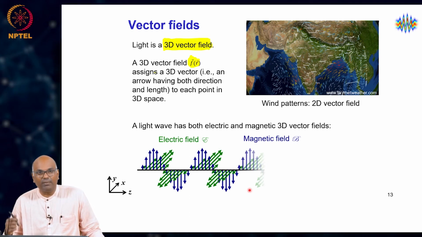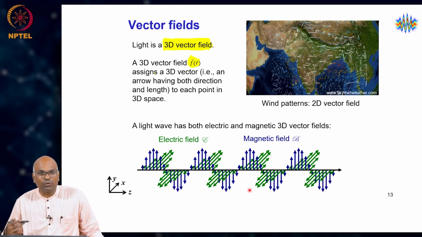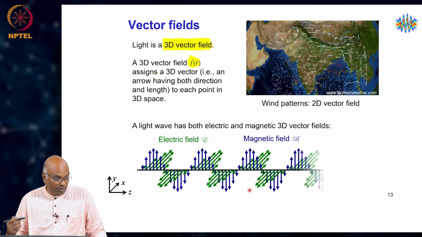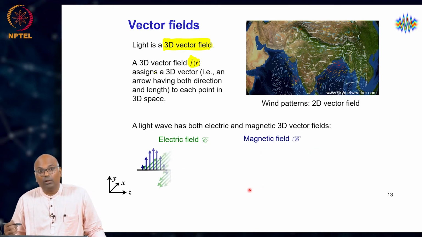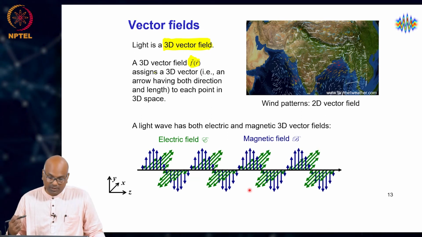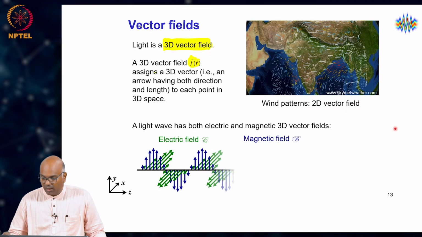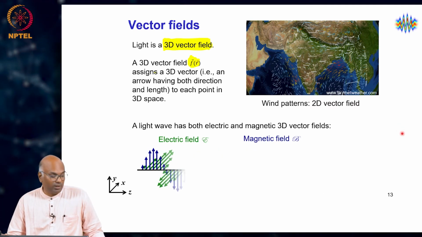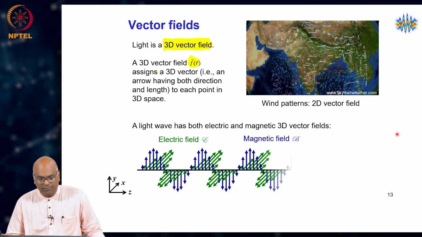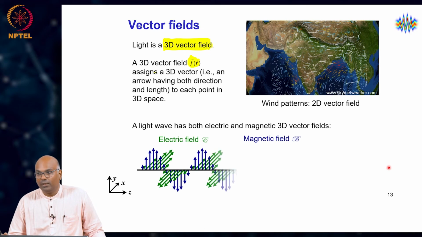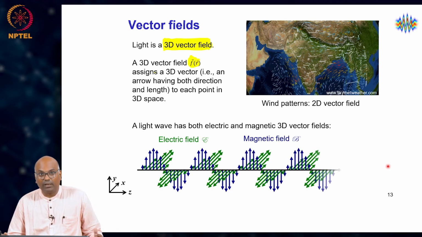So, I am stating some of these properties without too much math and proof, because you probably know it from your earlier courses. But even otherwise, in order to keep some decent pace in this course, I would leave some of these either for a tutorial discussion or for you to discover in more detail yourselves. For example, if you really want to convince yourselves that E, B and K form a triad,